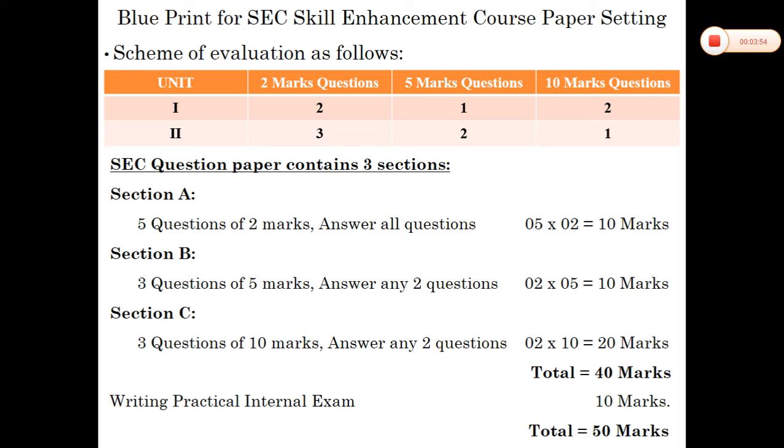And for the other 10 marks, that involves the internal examination which is going to be conducted in the college. The internal examination has the practical session on SQL. When you appear for the practical session of internal, you get 10 marks. In total, we are going to score 50 marks in this paper. And to solve this paper in theory, you have only 2 hours. Within 2 hours, we have to solve all the questions.